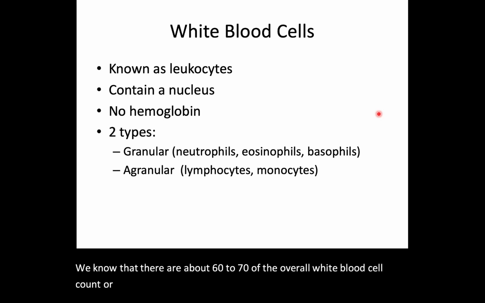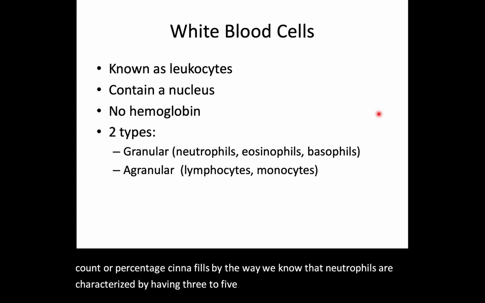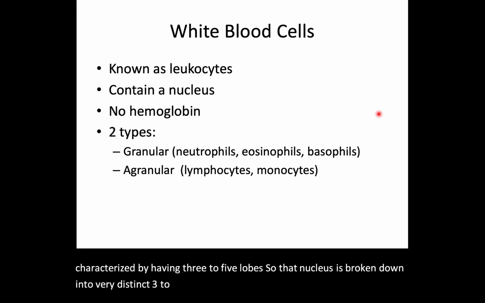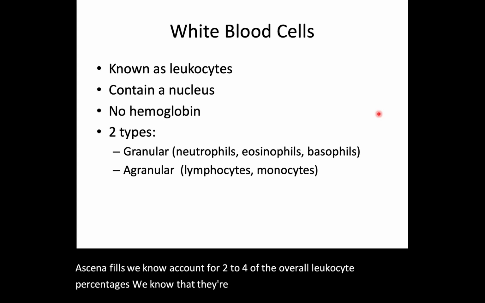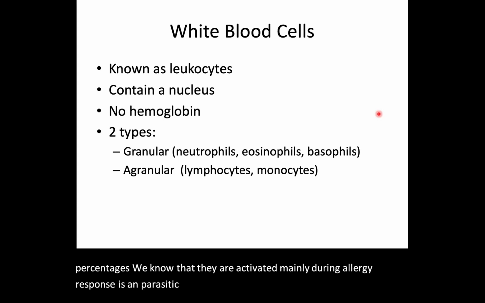Eosinophils. Oh, by the way, we know that neutrophils are characterized by having 3 to 5 lobes. Right, so that nucleus is broken down into very distinct 3 to 5 lobed areas. Eosinophils, we know, account for 2 to 4% of the overall leukocyte percentages. We know that they are activated mainly during allergy responses and parasitic infections, and